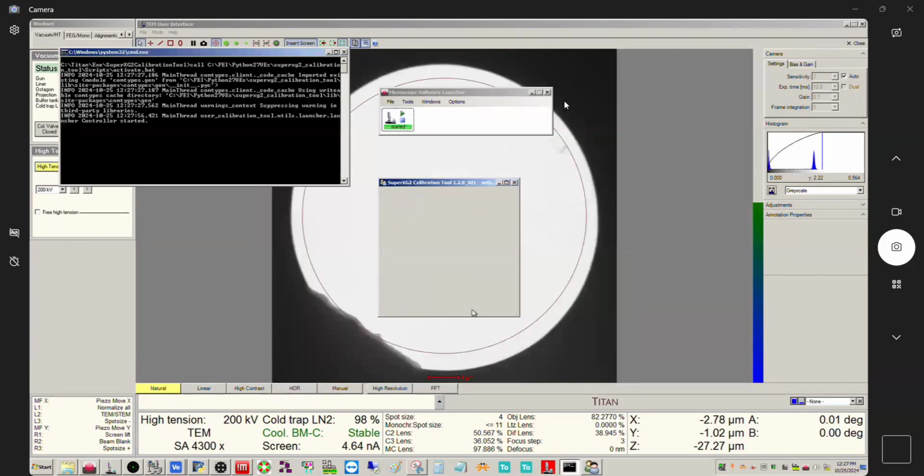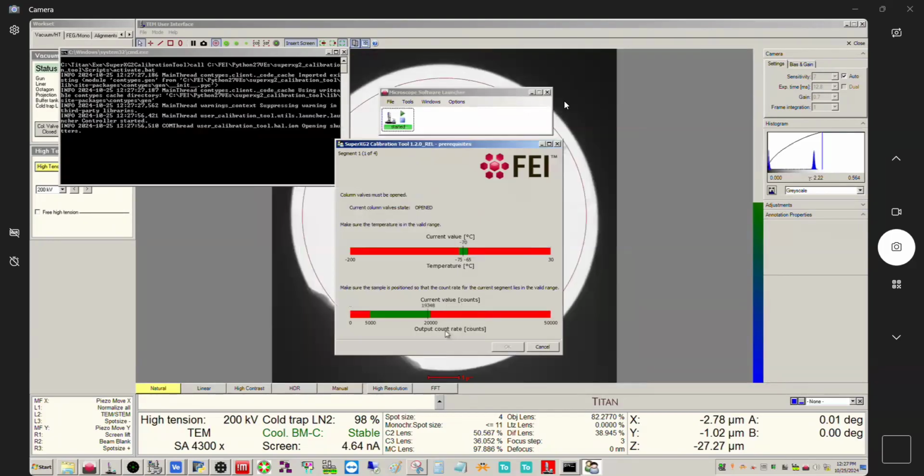And then click OK. And then it's giving us this. So it wants us to make sure your detector is at a stable temperature and that we don't have too many counts. So I think we should still be okay, even if we're a little bit, well, it's not letting us. So it's not giving me okay. So I'm going to have to